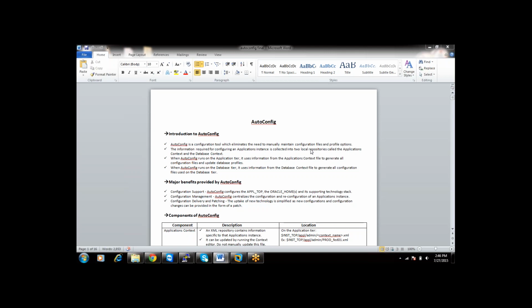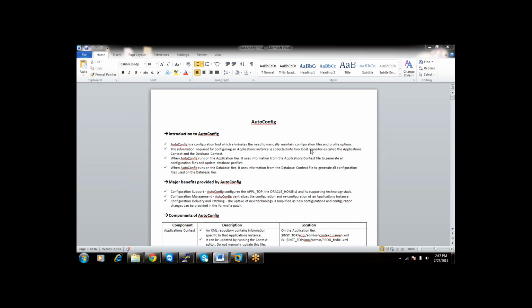So coming to your applications, you won't see just a couple of configuration files for your application. There are mainly three servers in your applications: Apache server, Forms server, and Concurrent Manager server, right? These servers don't depend on a couple of configuration files to start. They depend on hundreds of configuration files. Not hundreds exactly, but tens, 50 to 60 configuration files.